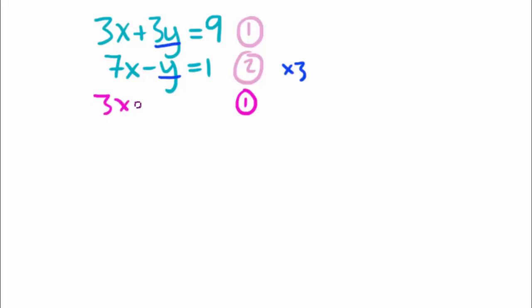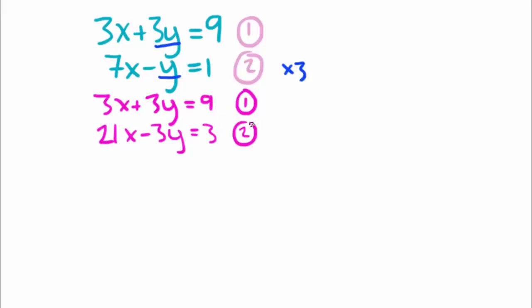So if I'll just keep it nice and neat, we've got 3x plus 3y equals 9. But now we're going to multiply the equation 2. So that's going to give you 21x minus 3y equals 3. So this is the new 2. Once we add these together, you'll find that we end up with 24x, the minus 3 and the plus 3 equals 0, and that equals